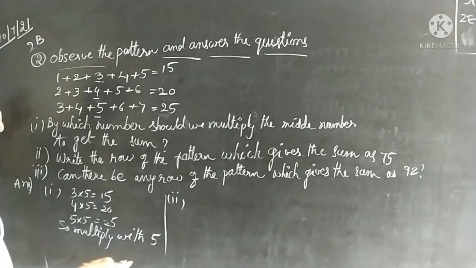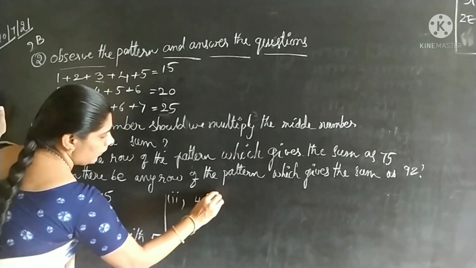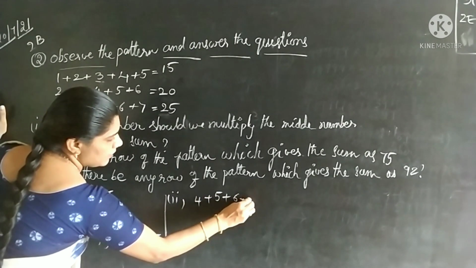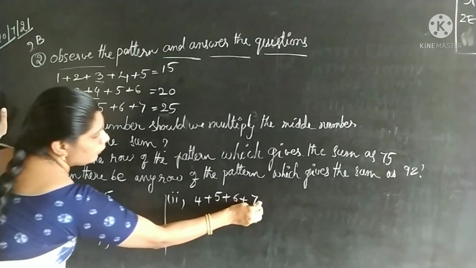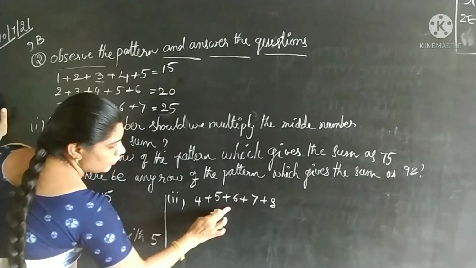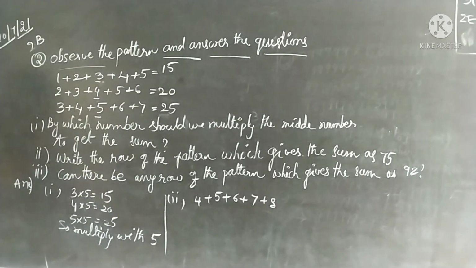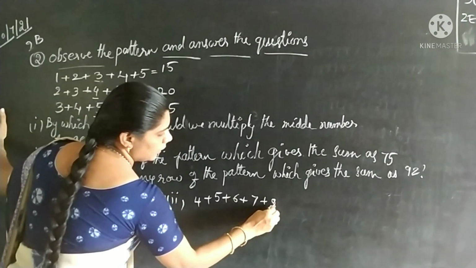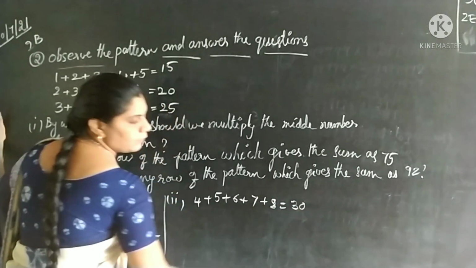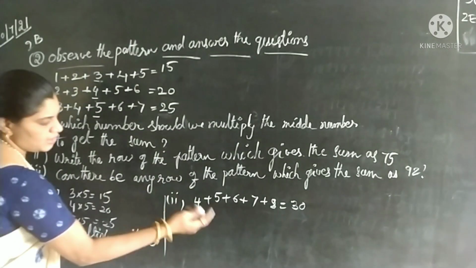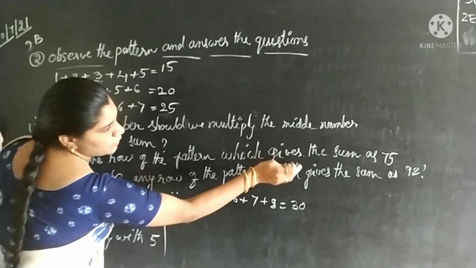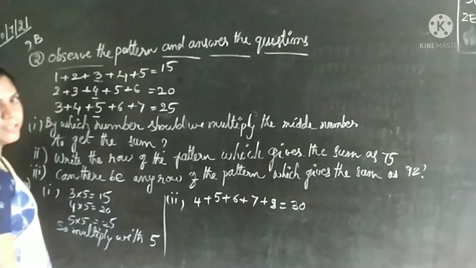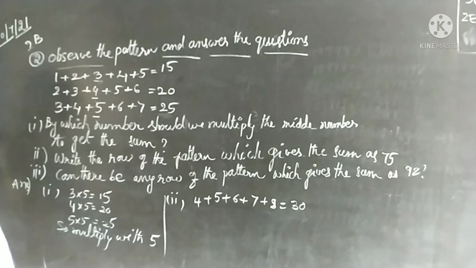So first number you have to leave now. So leave that one. 4 plus 5 plus 6 plus 7. After 7 you have to increase one more number, so that you will get the 5 numbers to add. What is the sum? What is the next multiple of 5 here? 30. So your sum also will be 30 only. Okay. Next pattern. Like that you have to write up to 75. Where you get that 75? Up to that you have to write here.